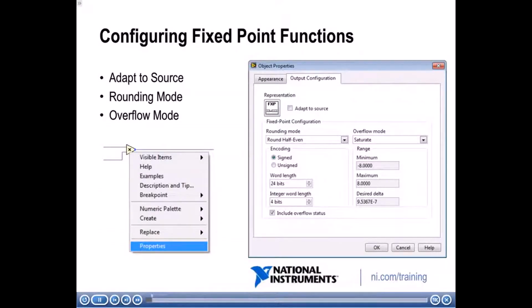If you right-click the multiply function, for example, and go to Properties, and look at the Output Configuration tab, notice that for this function we are using a fixed point data type. By default, these functions will have the Adapt to Source checkbox enabled, because the multiply function is going to automatically grow the output configuration based on what the minimum is so it doesn't lose any data, like we talked about in the previous module. However, if you want, you can disable this and manually specify what you want that output